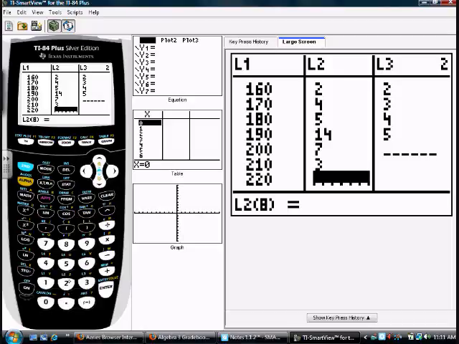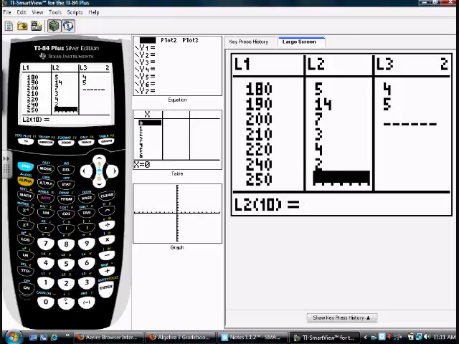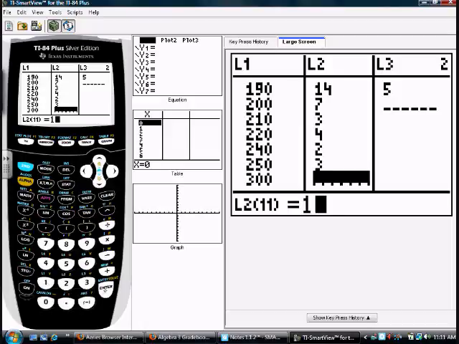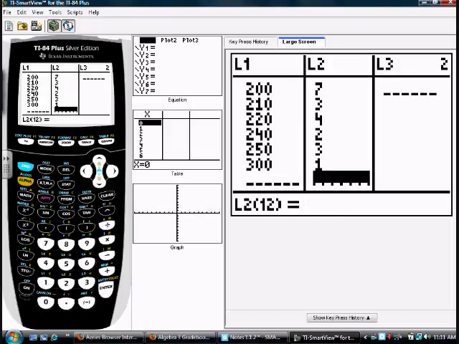I couldn't hear. 4, thank you. 240? 250? Thank you. 300? 1. Okay. Now I'm going to make a histogram, so I better tell the calculator to make a histogram,